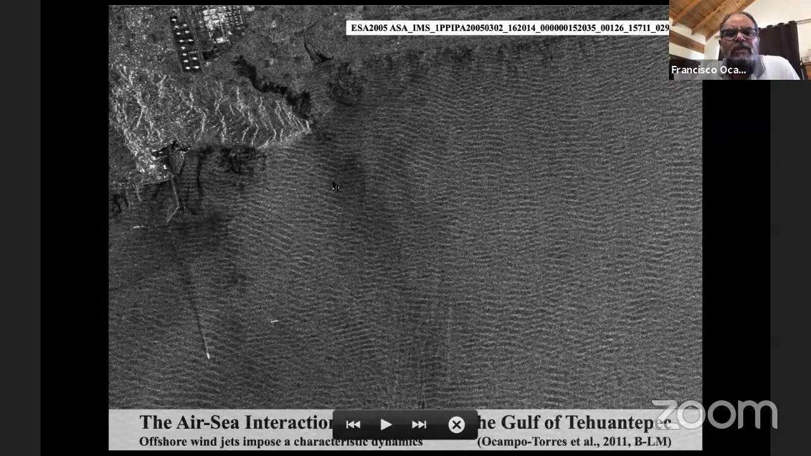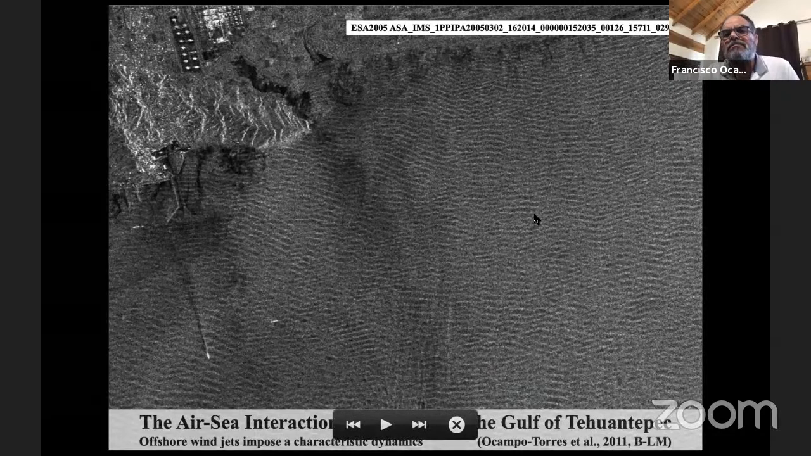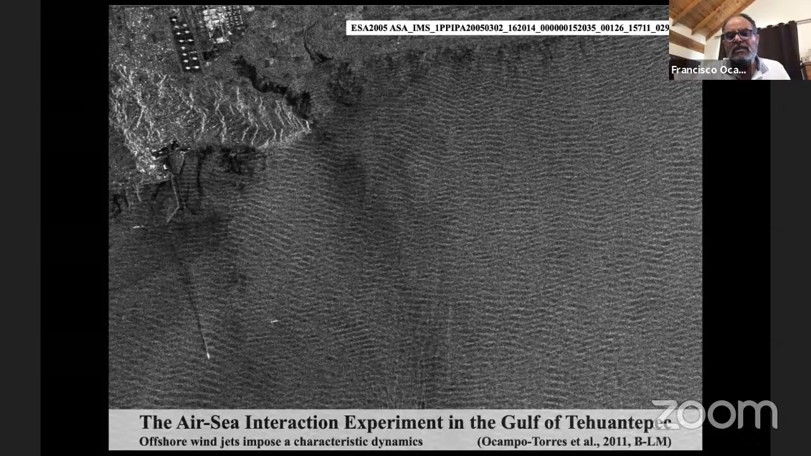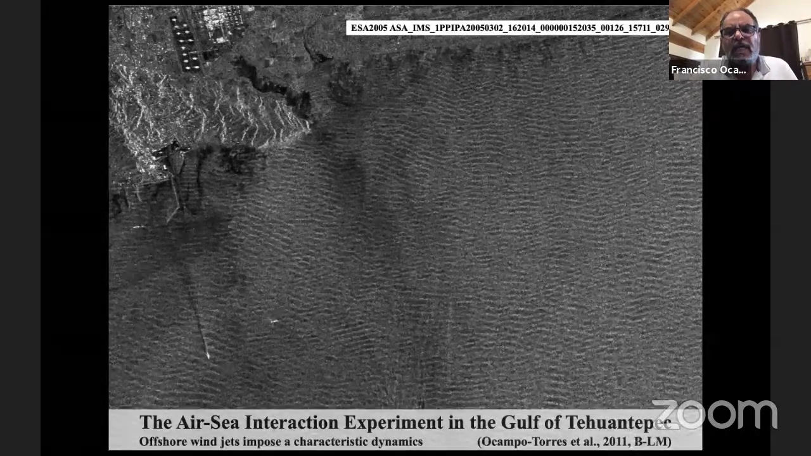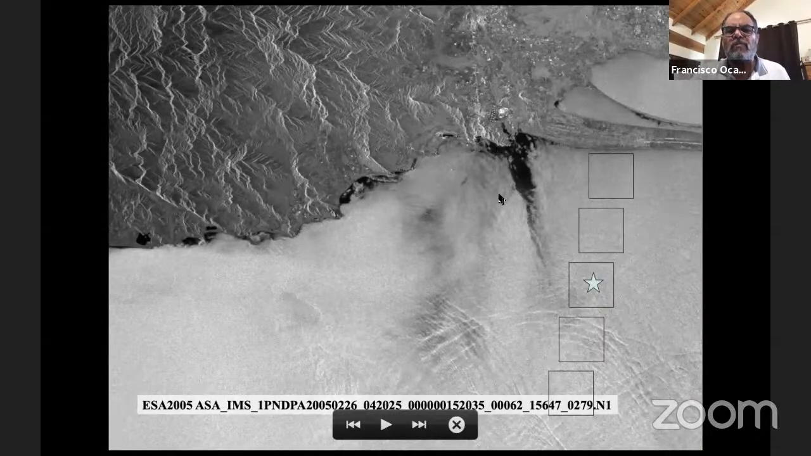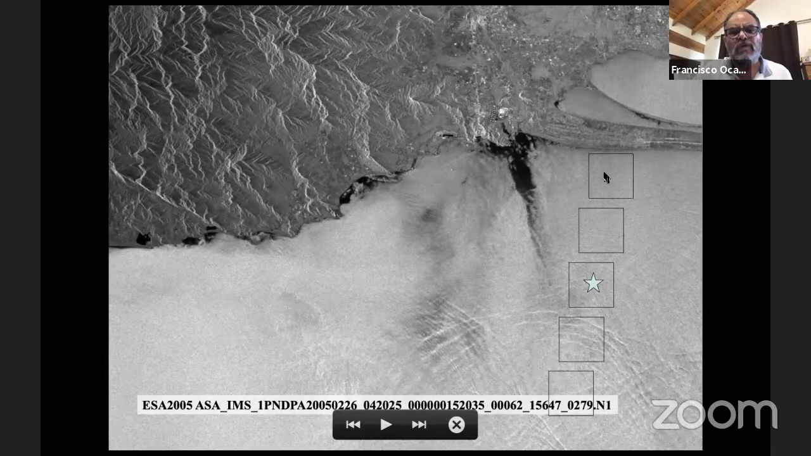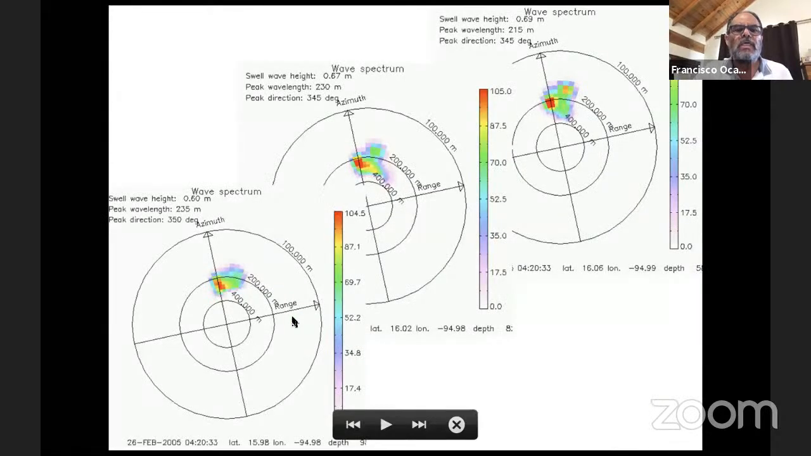What is important here is that we can clearly detect some features that tell us that there are waves present, right? I hope you can see them. And we did analysis of sub-images in a similar image from synthetic aperture radar, extracting information from these 5 squares to estimate the directional wave spectrum. And we plot them